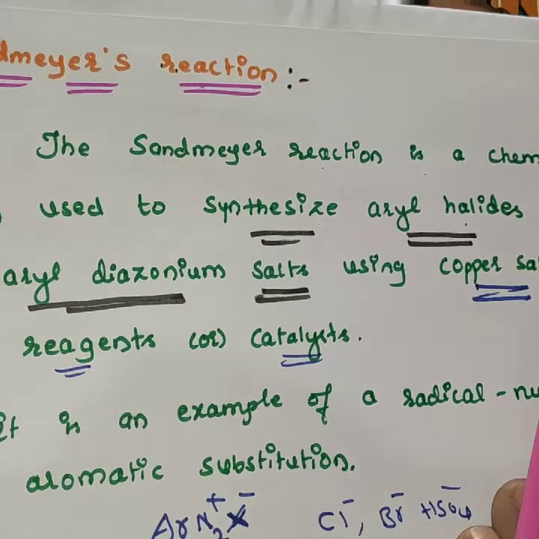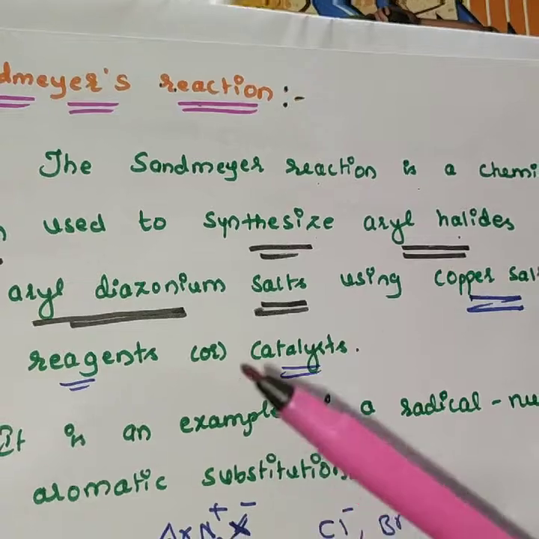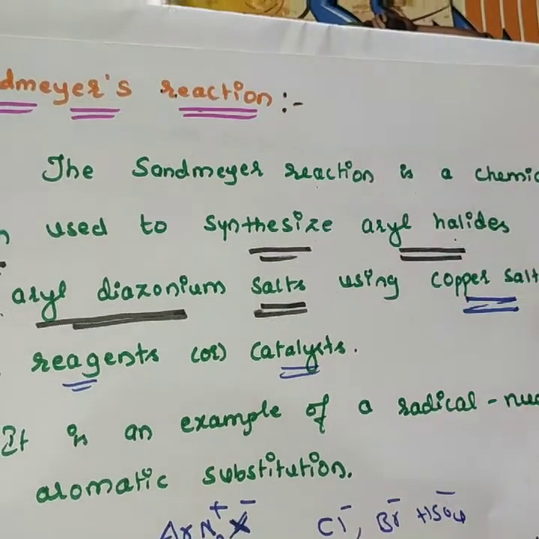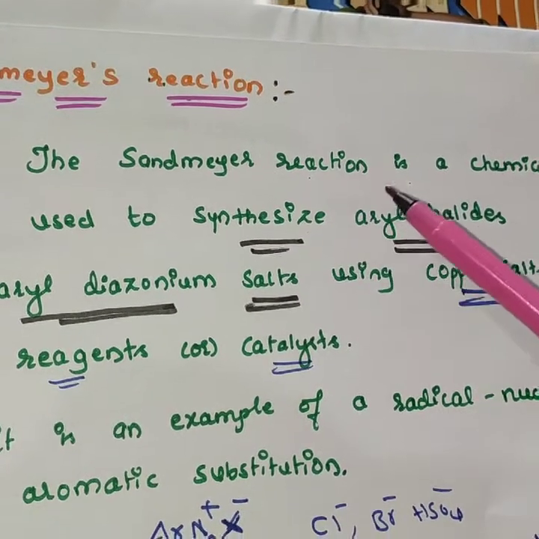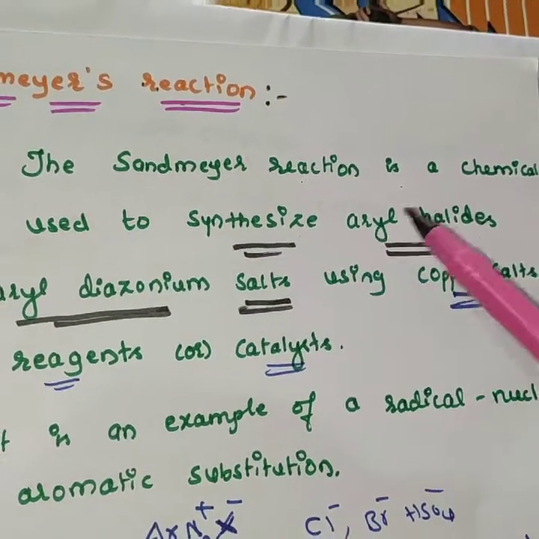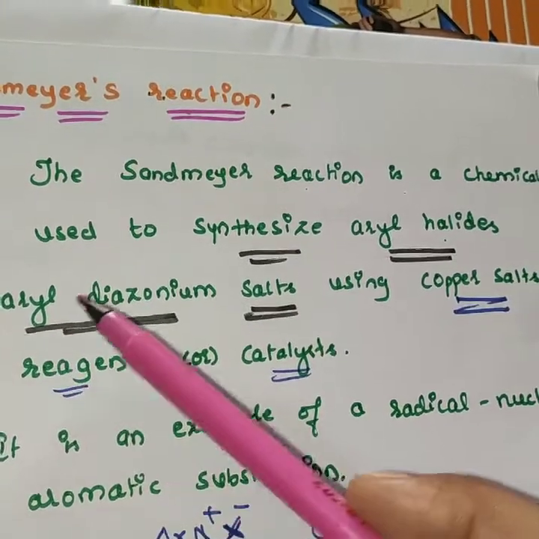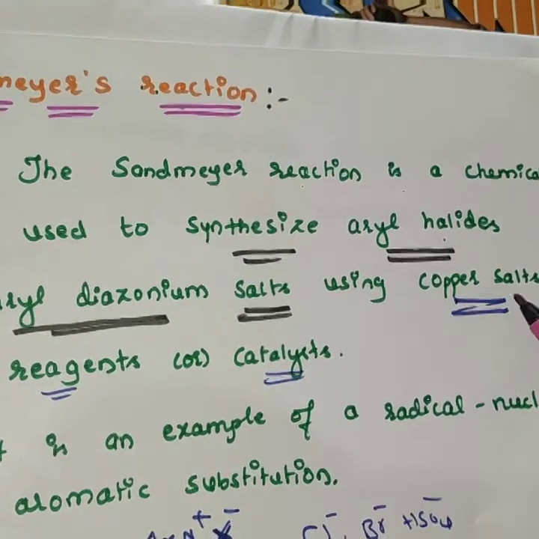Hi students, in this video I will explain Sandmeyer's reaction and the concept involved in it. Now let us learn about that. The Sandmeyer reaction is a chemical reaction used to synthesize aryl halides from aryl diazonium salts